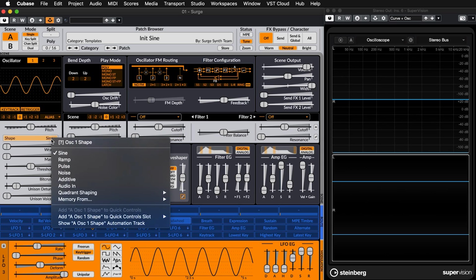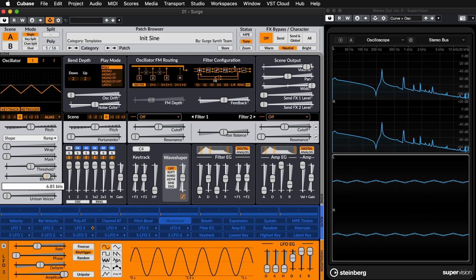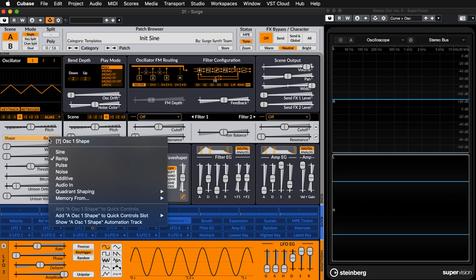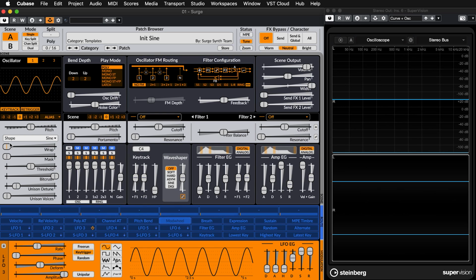So we have different waveforms in here. We've got ramp, etc. They all work in pretty much the same way, but the wrap and mask controls are really where the craziness can begin. So let's go back to the sine. Now, if we start the wrap control,